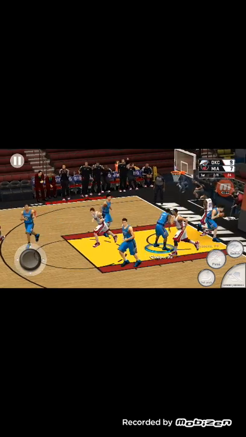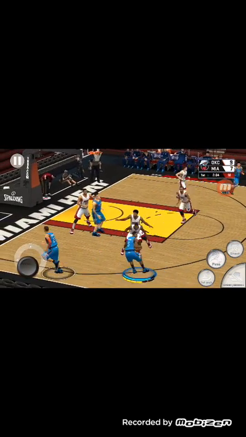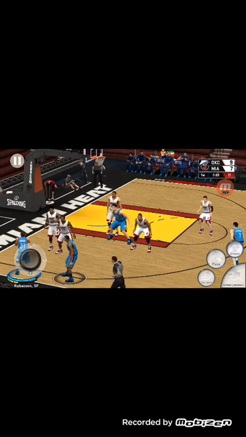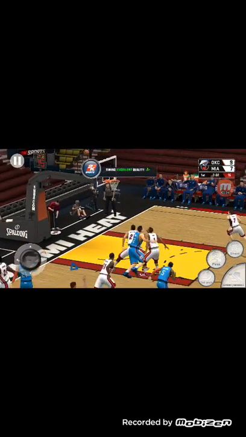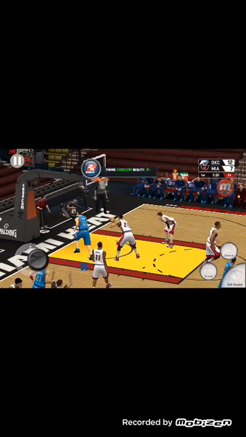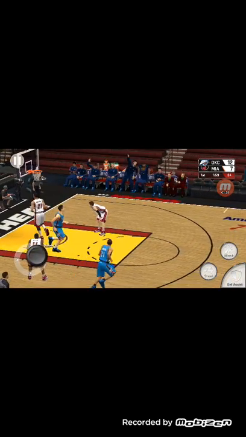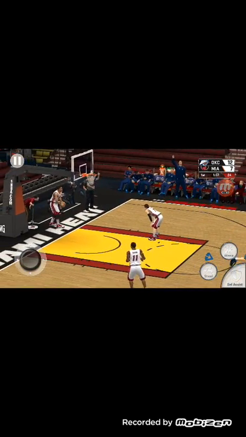Victor Oladipo, here's Oladipo driving the ball. Pass to Robertson for 3. Bang! Almost any NBA player can make you pay when you leave them that wide open. That's why you have to stay alert on defense.